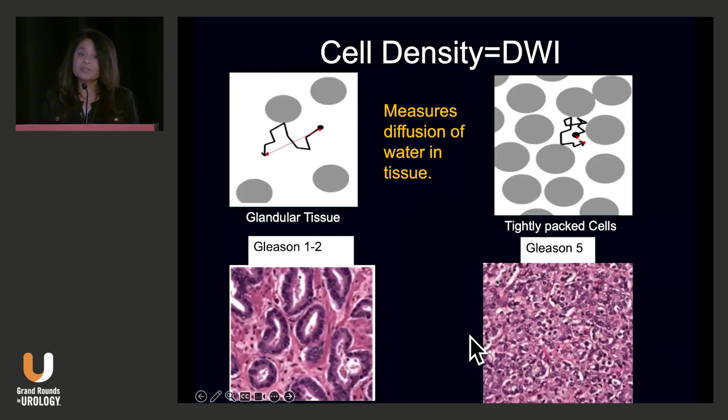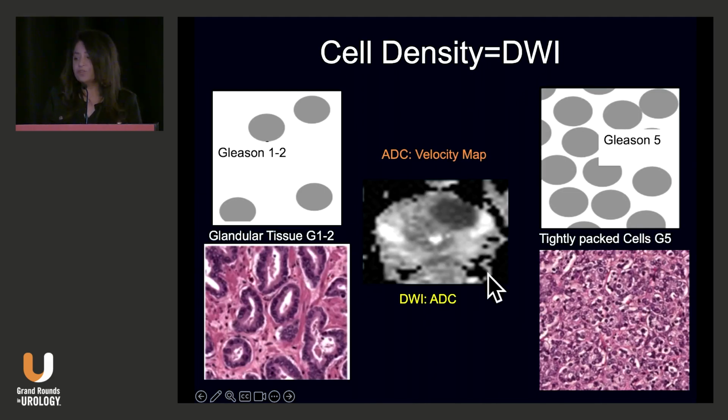And diffusion is really, really the workhorse of prostate imaging. And what it does is it specifically evaluates, so any high intensity in an image of voxel, it's measuring the diffusion of water in the tissue. So if the cells are widely apart, there's more movement of water as opposed to when they're tightly packed. And then apparent diffusion coefficient, a velocity map is derived from the diffusion, and we're looking for restricted diffusion, such as in cancer, there'll be tightly packed cells, and you'll get on ADC a dark area,